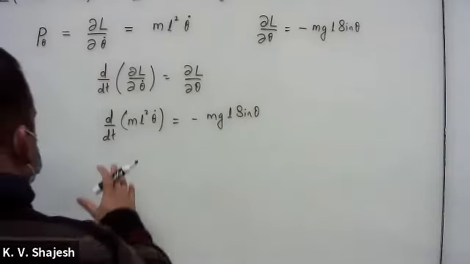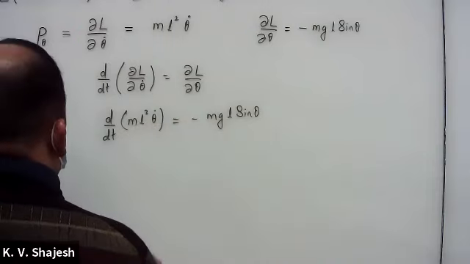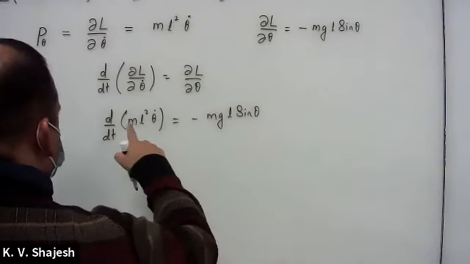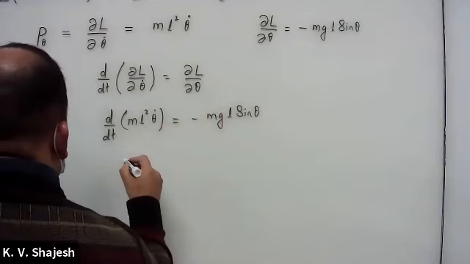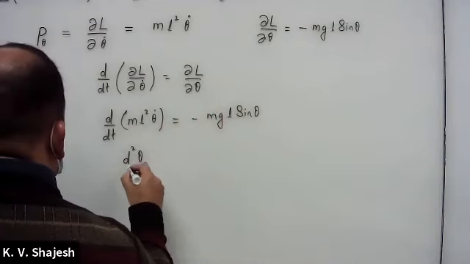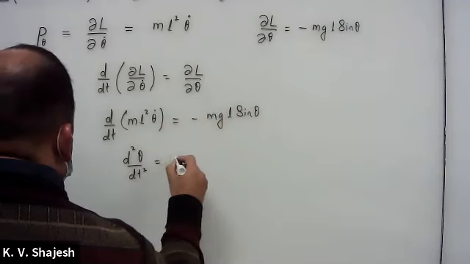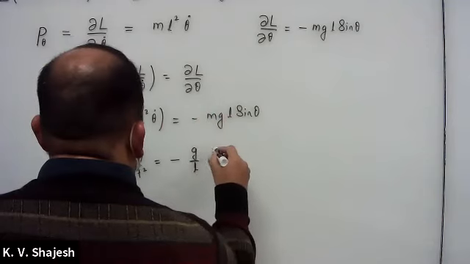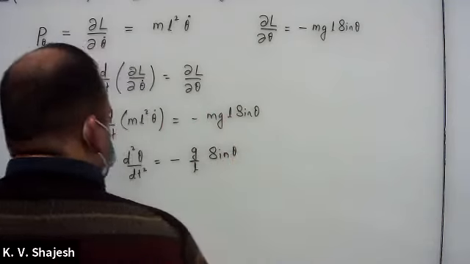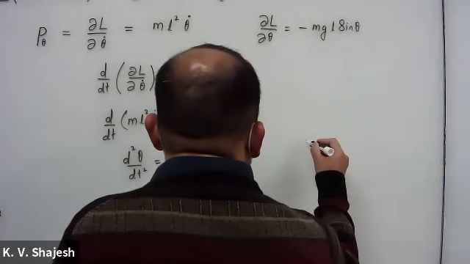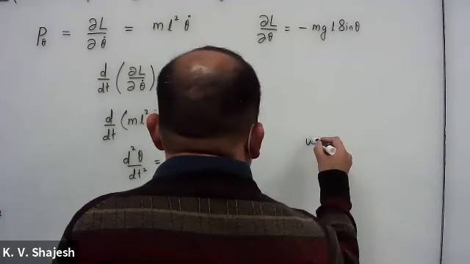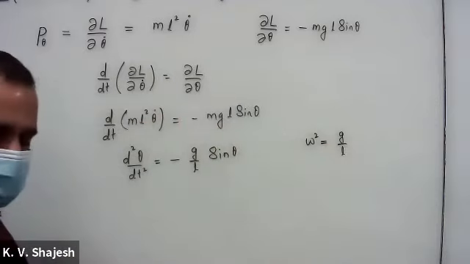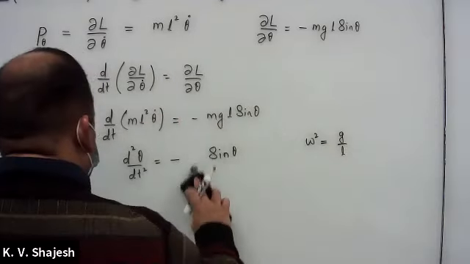And of course there are cancellations in here. If you want, this can be written as, let's cancel m and m, the second derivative of theta with respect to time is equal to minus g over L times sine theta. It's common to define the time period of this problem, or the angular frequency of this problem, so you define g over L that way, and then this is